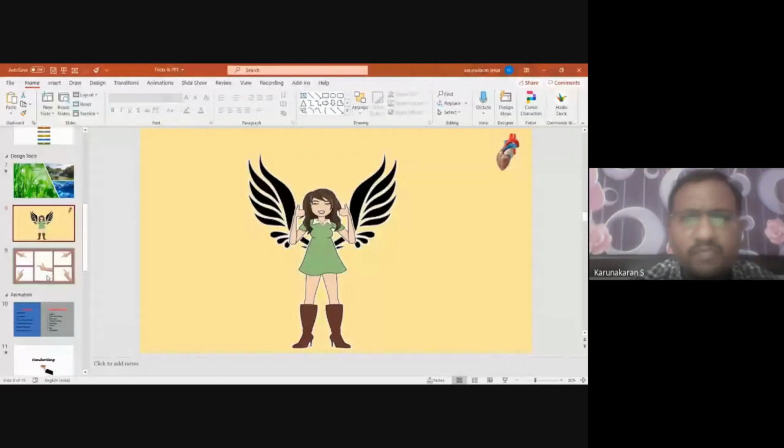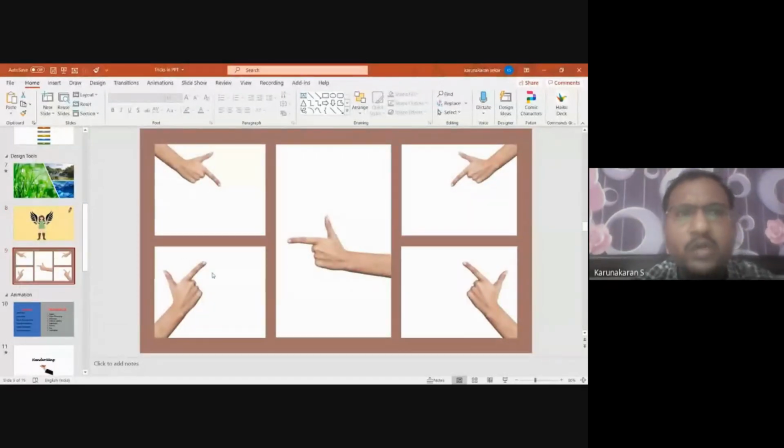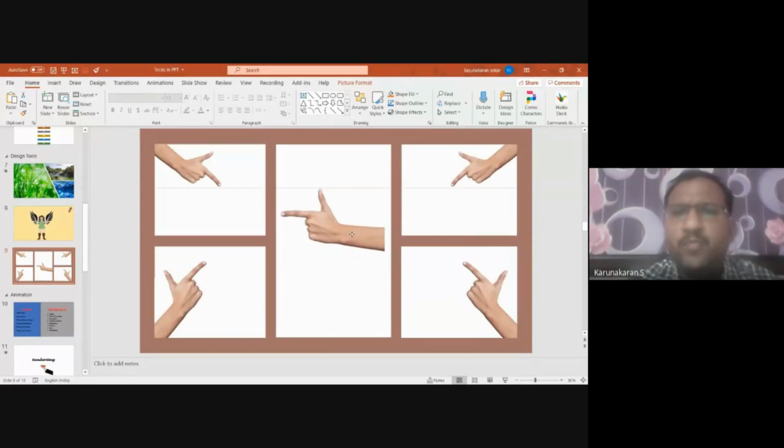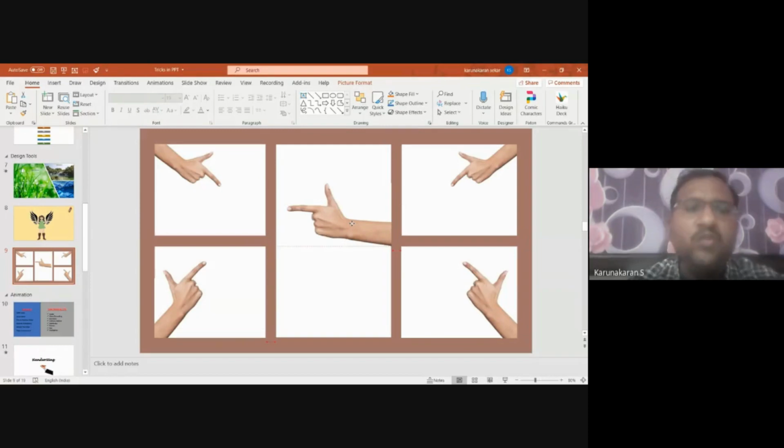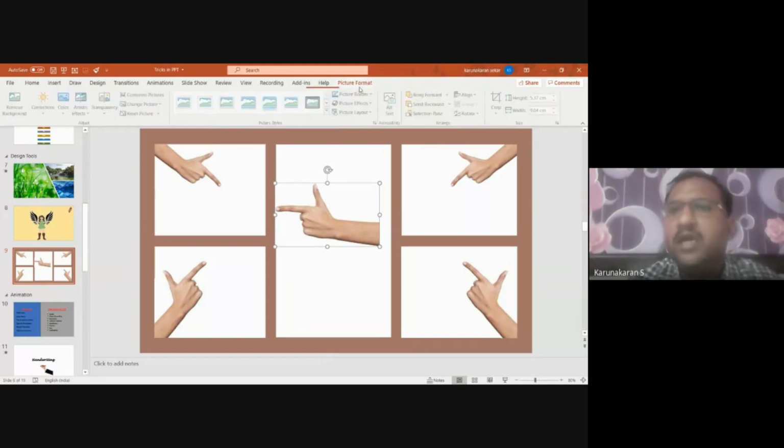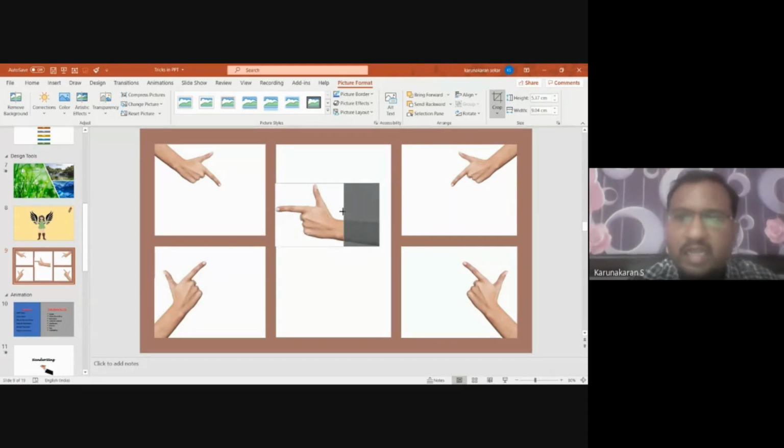Okay, and similarly here the next tool, most important tool, is the crop tool, and we mostly find the crop tool very difficult to crop as per our expectation. Because if this is the image used, see, this is a white background image, so here also you can remove the backgrounds and make this hand alone transparent. I have not done that. So if this is a hand and you can see the shape in the rectangular portion which is cut, I can use the crop tool. When I use the crop tool, I can only cut in the rectangular portion